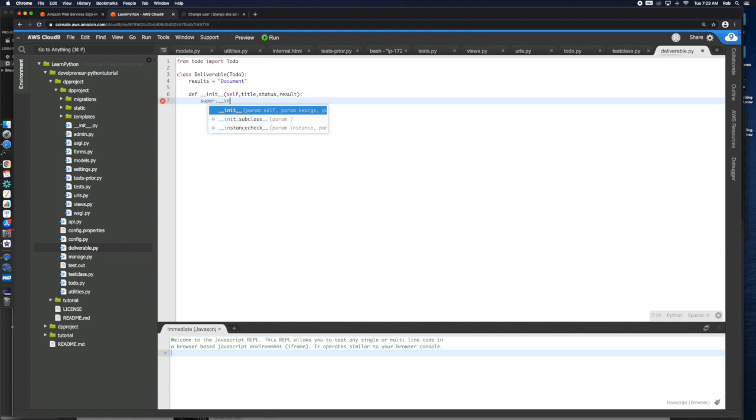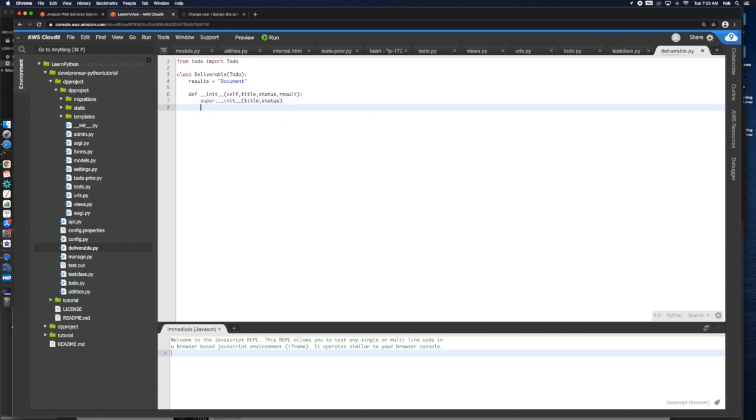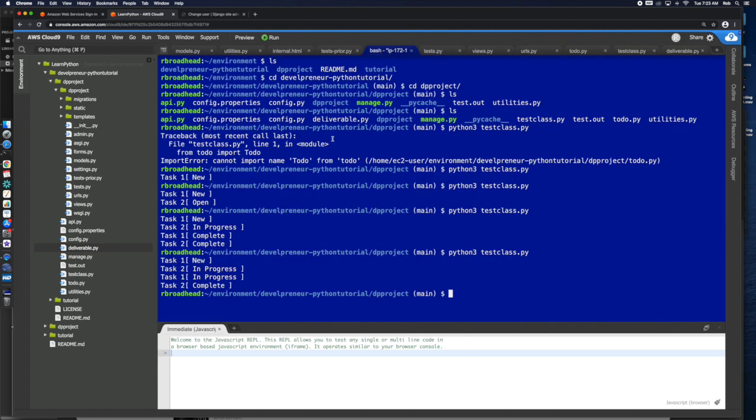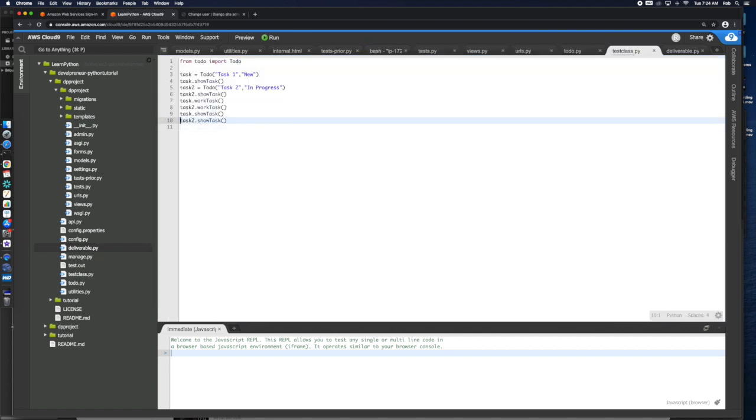init. So that means I'm going to call my parent. And all I need to do here is send it title and status. And then I'm going to come here and I'm going to do self.results equals result. And then the rest of the stuff's already going to exist. So what we're going to see here is, if we go to our test class, so we created all these